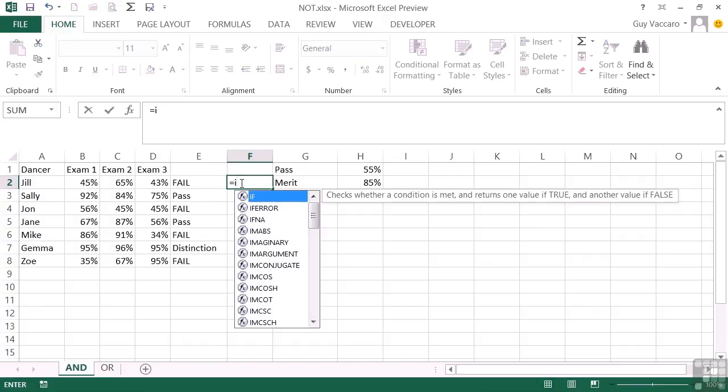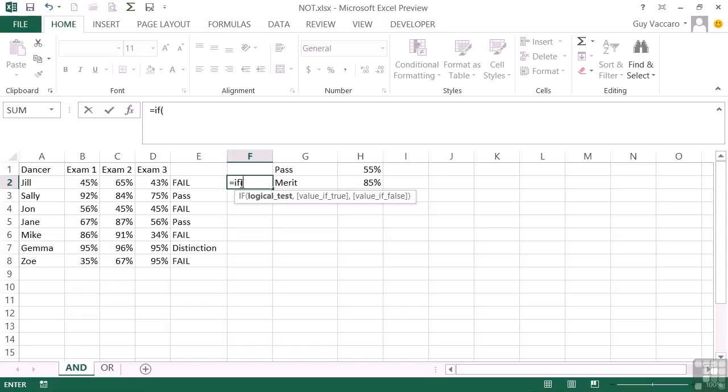So equals if, open brackets, and. Now what I want to check is that each new exam, so exam 2 effectively, is not lower than exam 1, and exam 3 is not lower than exam 2. So I need to check both of those, so I need an and, because I'm checking two different sets of criteria. And then my first set of criteria is that not exam 2 is lower than exam 1, and the